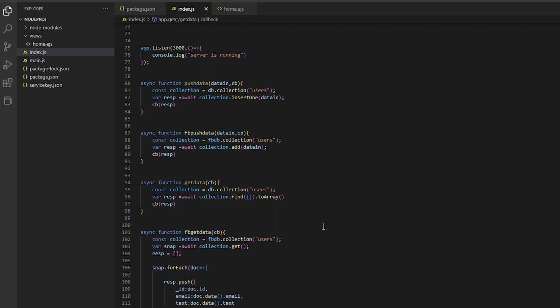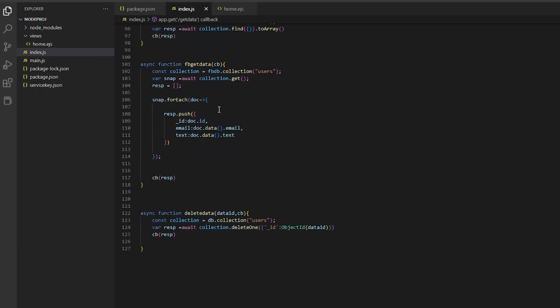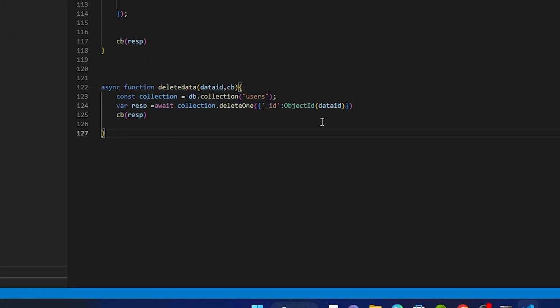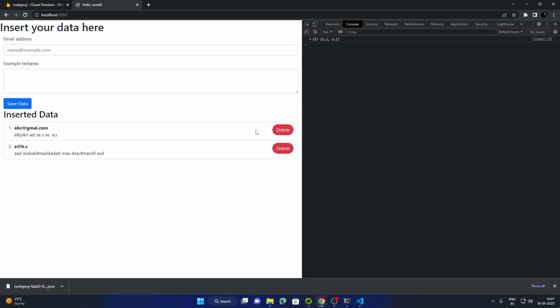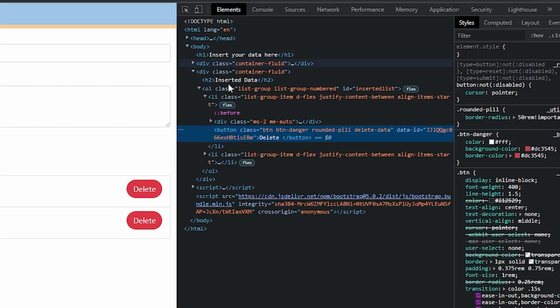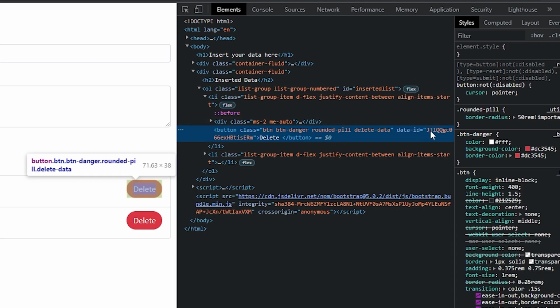So for that, the same story, we'll copy the delete data, and let's paste it over here and change the delete data to fbDeleteData so that the function names are not the same, and we'll be needing the data ID. And one more thing, the buttons that exist over here are now populated with the database ID from the Firestore database. You can see over here, we have data ID as this one,